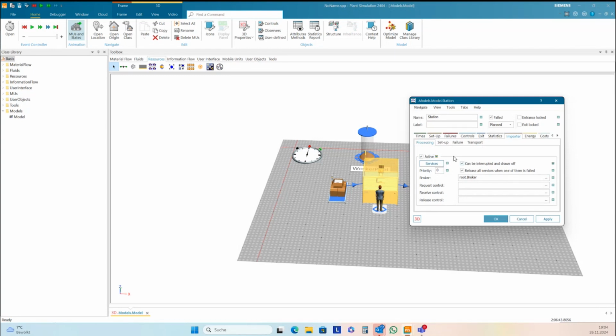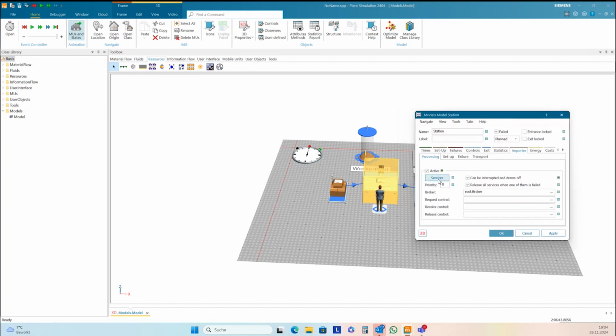So if there is a higher priority service, then Plant Simulation will interrupt this service. The broker becomes free for a new mediation, and then the broker can mediate this worker for the error handling here.